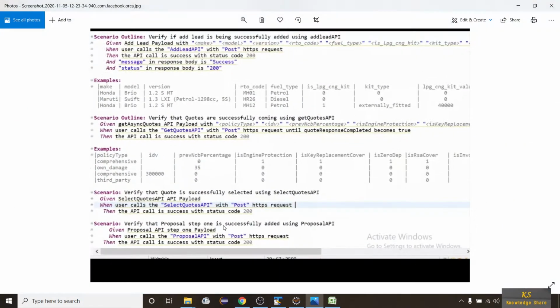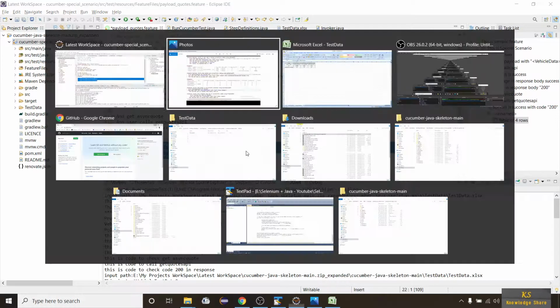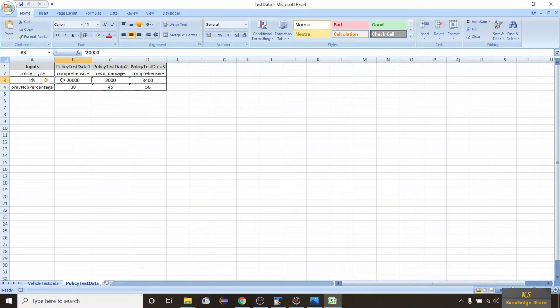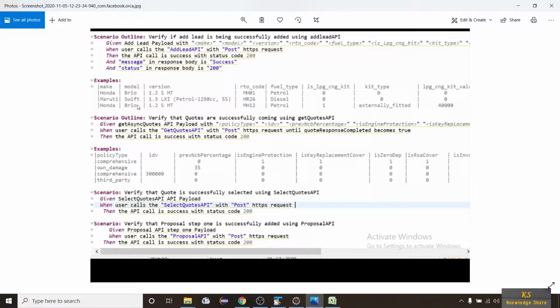So we created one Excel method to handle this function. But remember one thing: whenever you put digits, or whenever you have a numeric value, just try to put a single quote here so that you can convert it later. By that, we are using a single method to get the data. I'll show you how we are getting data. What you need is basically to get all this data and pass it to your API. That's what I understood. And here also you are getting all the data and passing it. You are getting the data for policy type, IDV, and all this in your step definition, right?